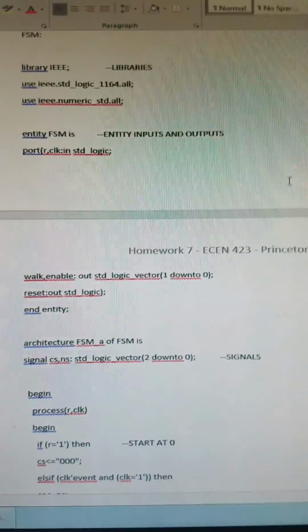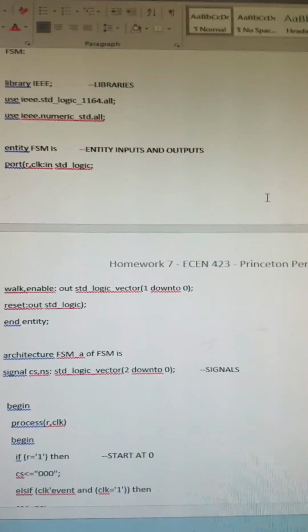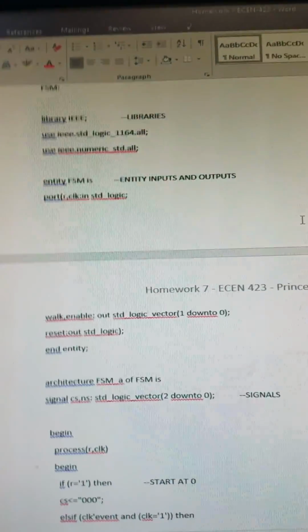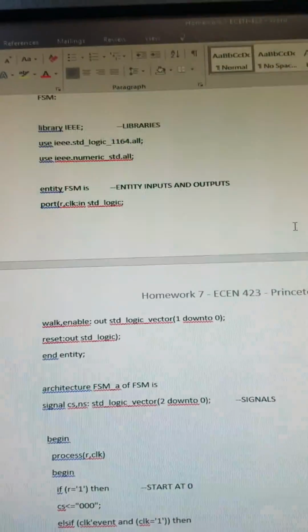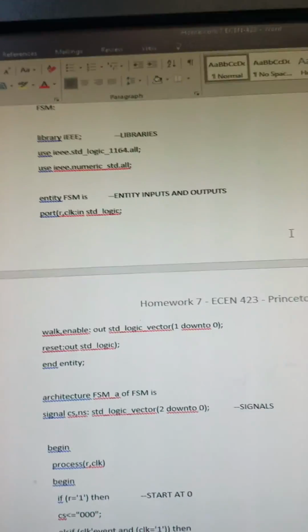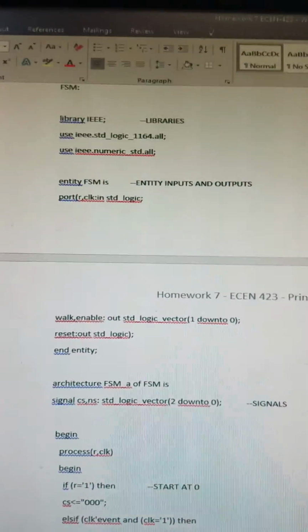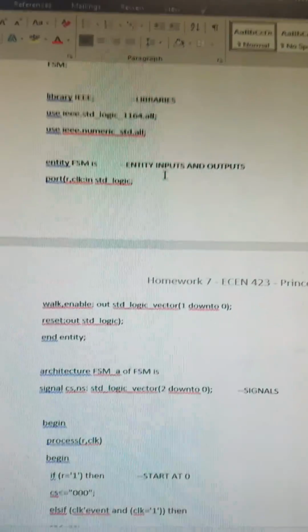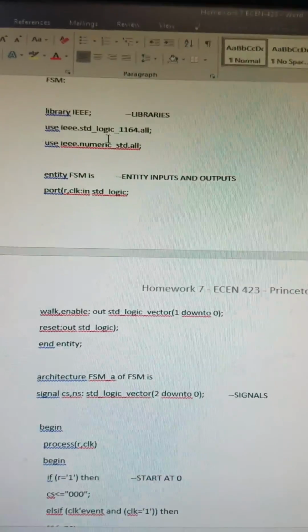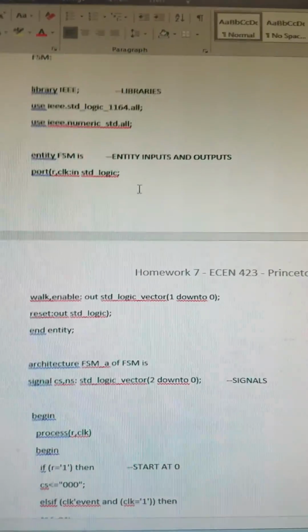So lastly, we are to create a state machine that will clear the register, reset the counter, increment the counter twice, decrement the counter once, load the register with the value at its input, and shift the shift register twice. So starting up top with the libraries, we have our libraries, then moving on to the entity